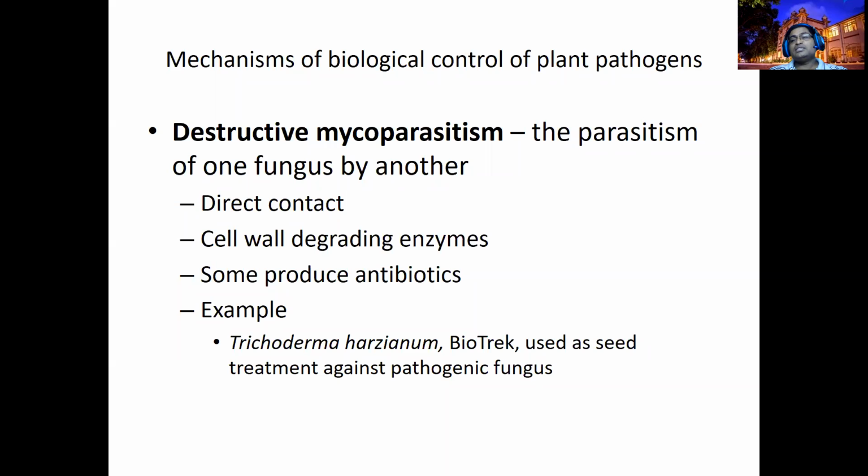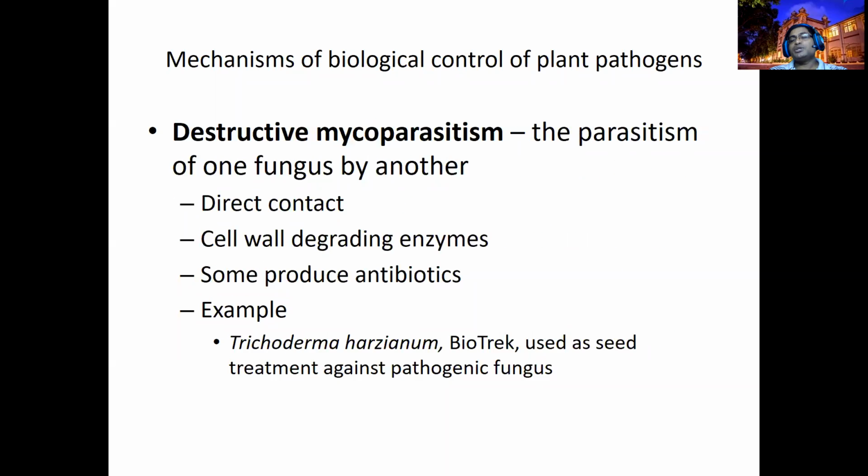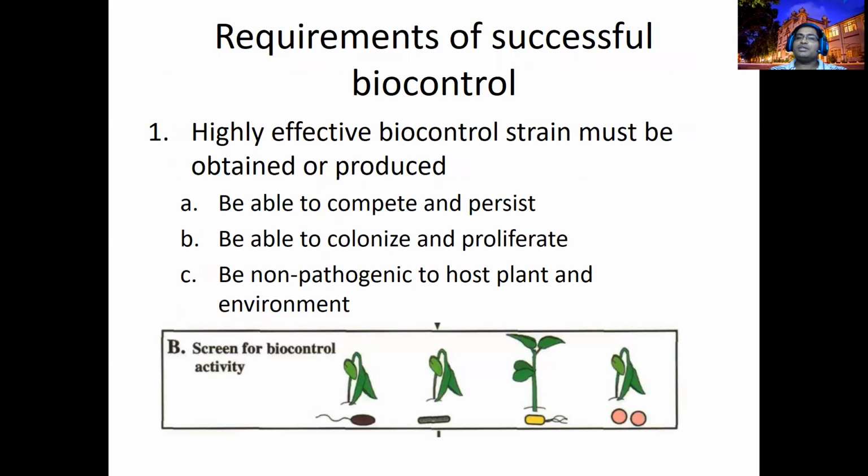There are three, or more, four more modes. Earlier you were discussing the three modes: antibiosis, nutrition competition, and destructive mycoparasitism. Another one nowadays is that they induce immunity by using secondary metabolites. Okay. So the requirements of a biological control agent of a plant pathogen: effective biocontrol agents must be obtained